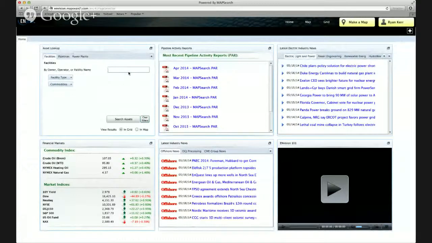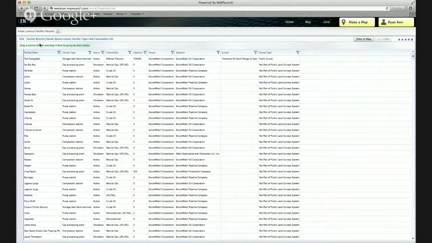Facilities tab, and I'm going to type in a very general or generic term. We'll just use a company name, Exxon, and before we hit the Search Assets button, we just want to note that right now I'm going to send the results to the grid as opposed to the map, and we'll hit Search Assets. ENvision will dig through the database and come up with 944 facility results using just the term Exxon and no additional filters. In this case, that was our goal since I wanted a large data set to work